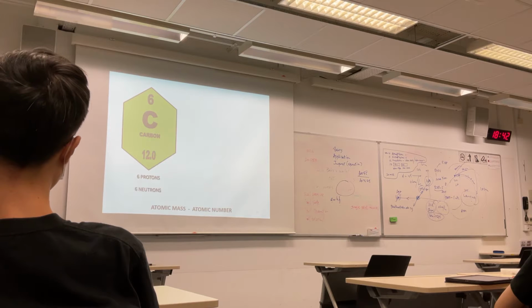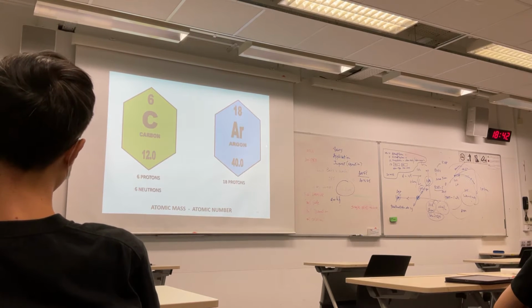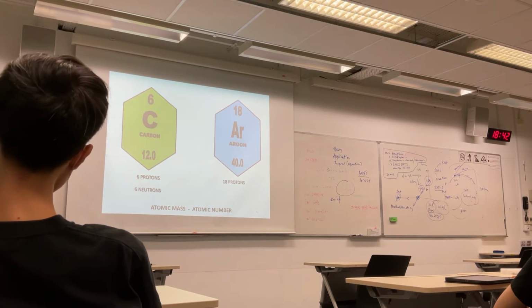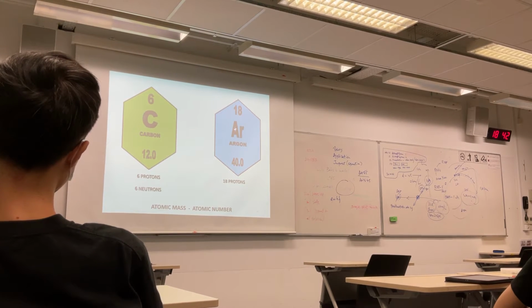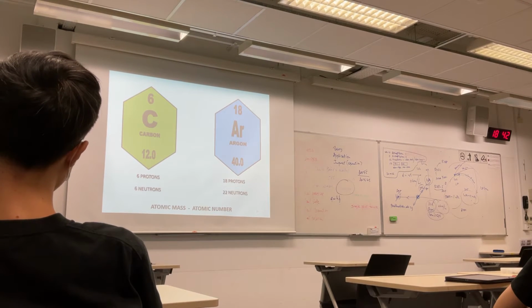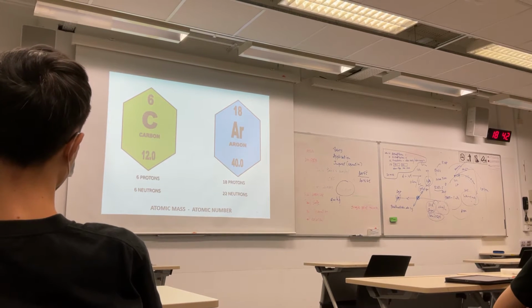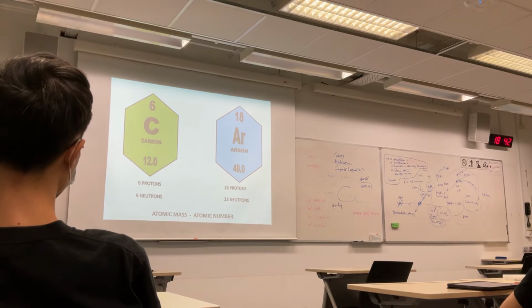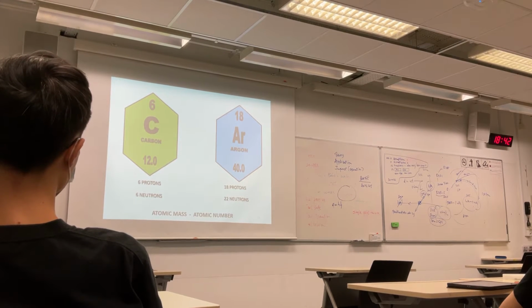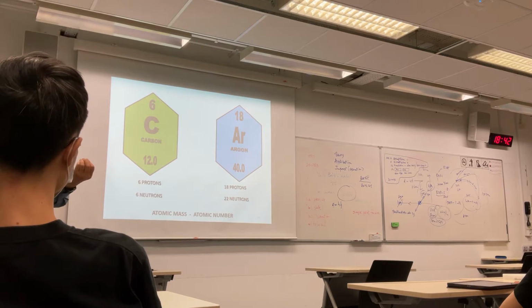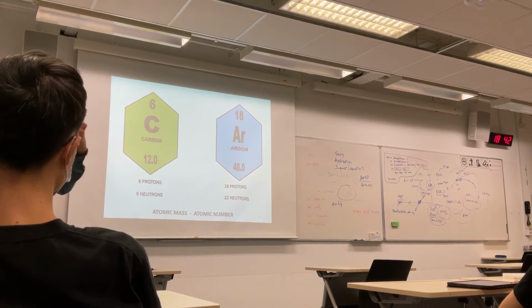So argon, this is what I call a noble gas. That means it will not react with anything. Notice that although it has 18 electrons, it has 22 neutrons. As atoms get bigger, you get more neutrons. The neutron is like a glue. Hydrogen doesn't need a neutron because there's only one proton. If you put 2 protons together, they're going to repel like crazy, so you need the neutrons to hold them together. As atoms get bigger, there are more and more neutrons.